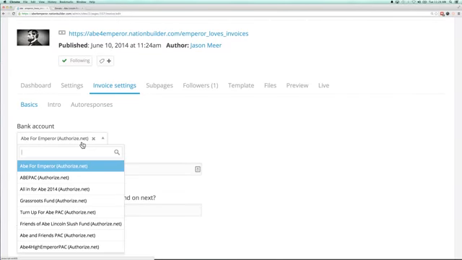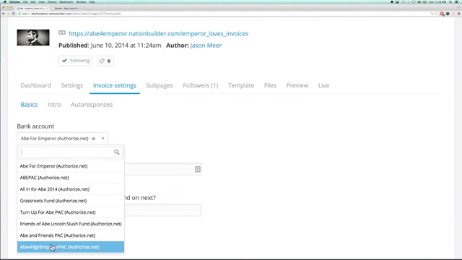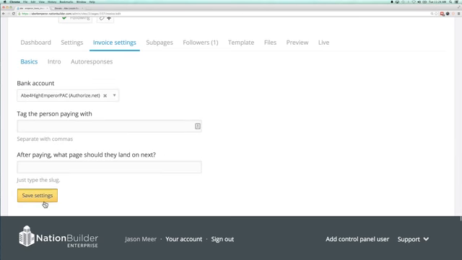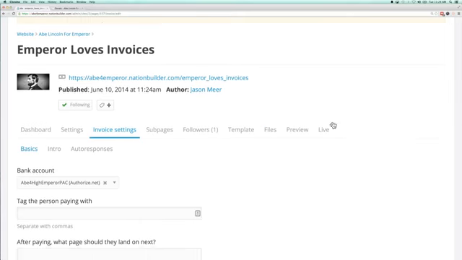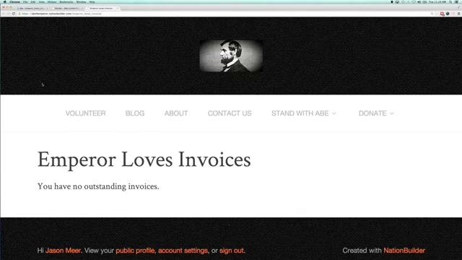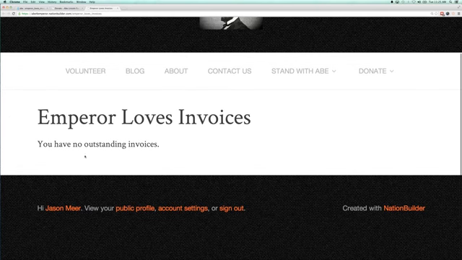So just to give an example of what that looks like, we'll go ahead and link this to our Emperor pack. And when I go to the live page on my website, I'm currently logged in as Jason Meir. And so you'll notice here that on my invoice page, I'm getting a message that says, you don't have any outstanding invoices. There's nothing on my profile that indicates that I owe any open invoices to the Aid for Emperor